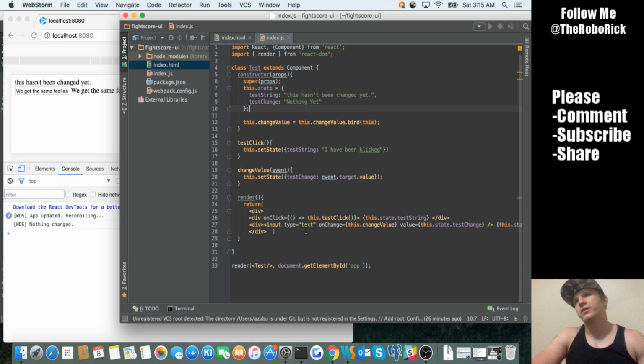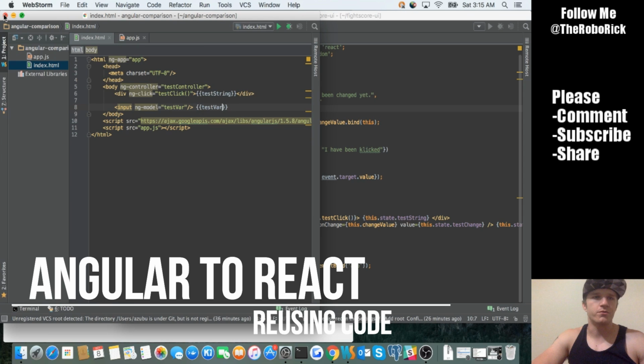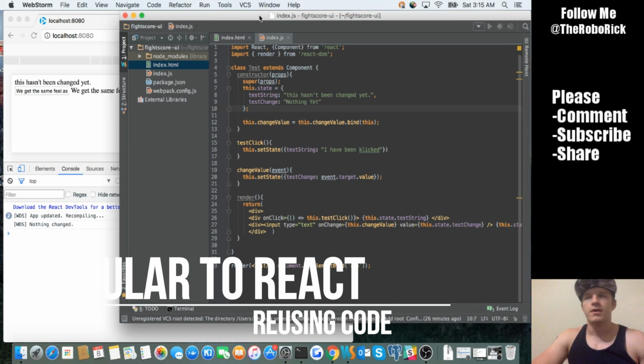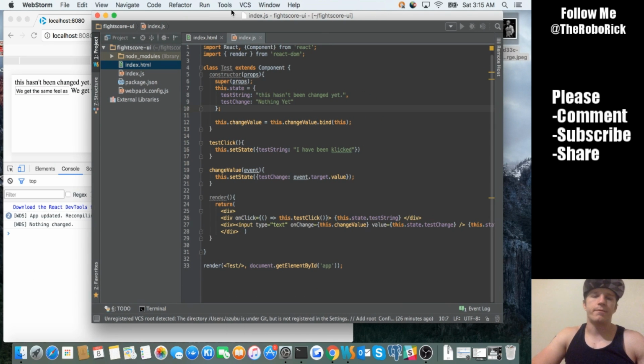So another thing that's really easy in Angular is that I could create a factory, and I'll stop going back and forth, guys. If you know this, you already know Angular, but there's this concept of a factory, in which case I could reuse functions. I can reuse code and reuse functions, and it's a great way to pass things off. We can do that quite simply in React. So